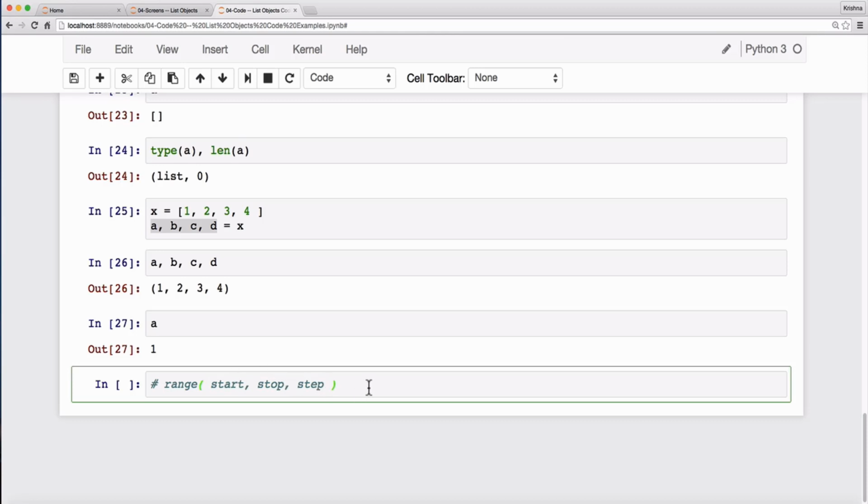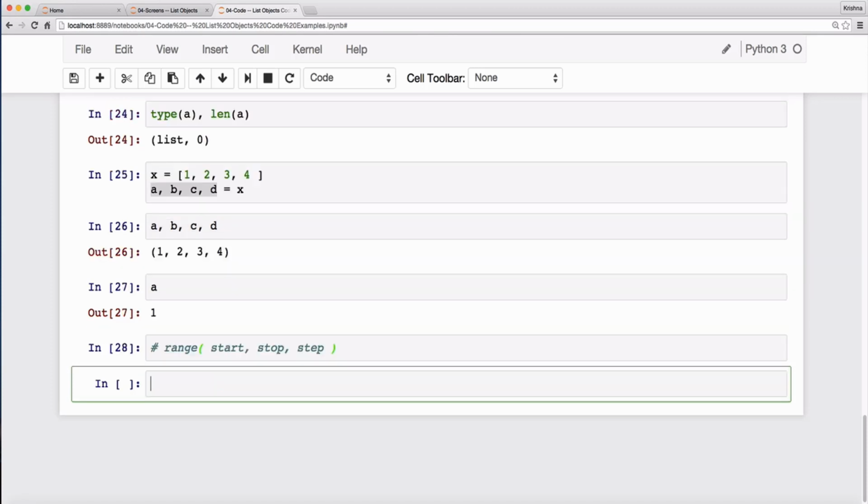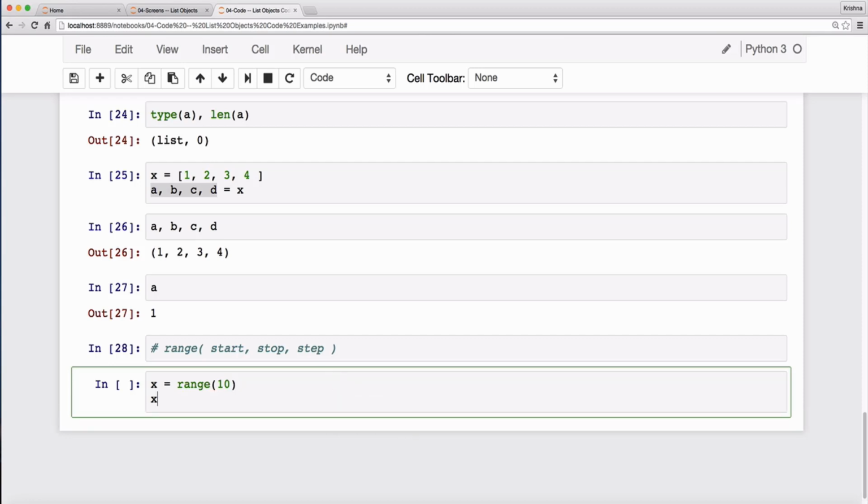Suppose you pass only one parameter, let us say x equal to range 10. Let us see what we get. If you print x,